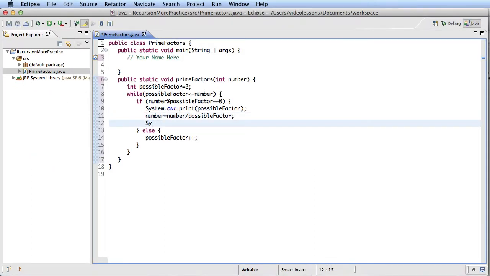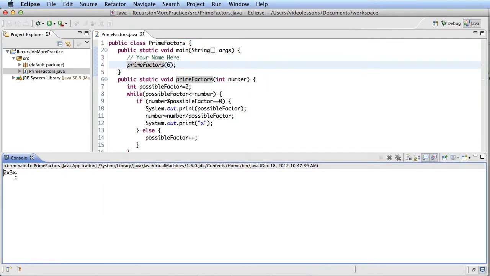We could just print it right in here, system.out.print, and put an X in there. However, if we run this right now, you'll see that this creates a minor problem, which we'll have to deal with. And we'll get to that in a moment. So, let's test our program and see what we get. Prime factors, let's start with a simple one. Let's go with 6. Okay, let's run it. And as you can see, we got 2 times 3, but look, we have a times